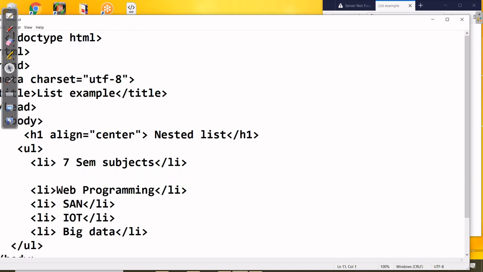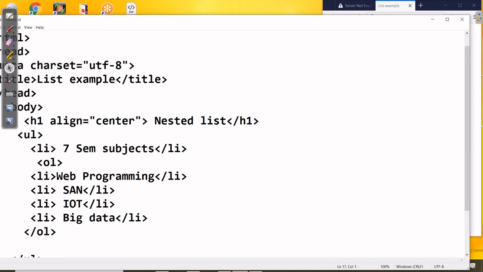Then after that I want the subject names in an ordered list. So you can write ol. Same again, list items. Suppose these are the subjects for the 7 sem only. Then you can close here /ol. Okay, again you want one more semester, suppose li, then again I'm writing 8 sem subjects. Close the li.